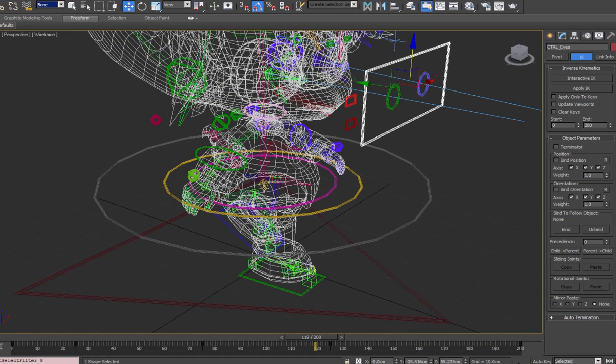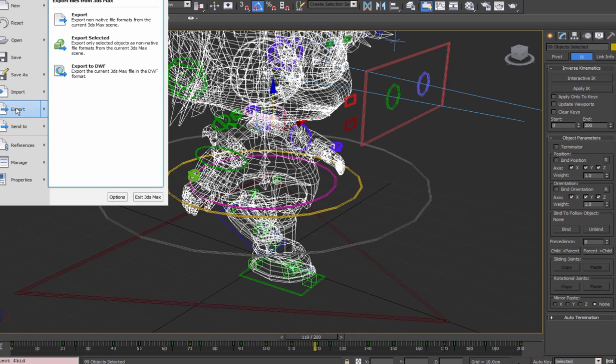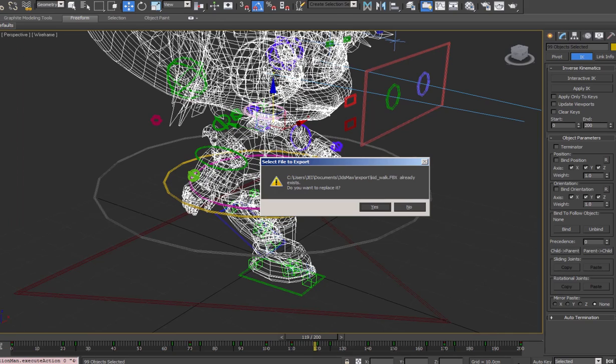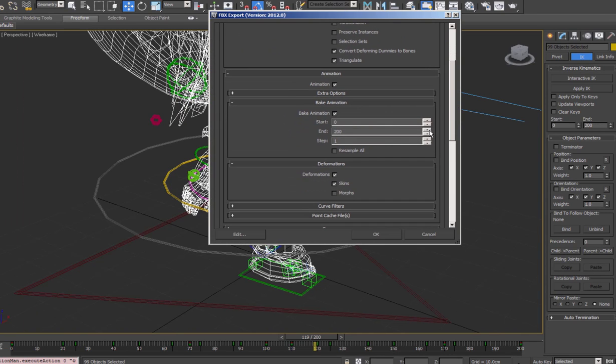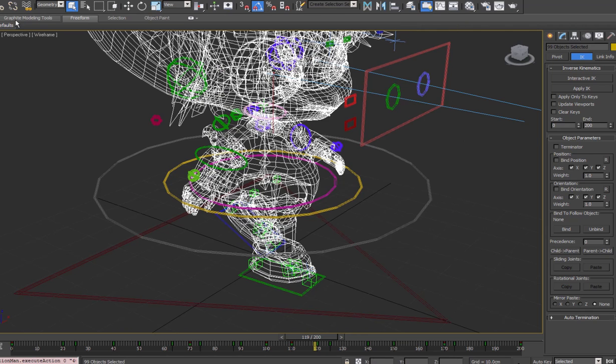We'll go into Bone Select Only, double click on the root, go into Geometry Select Only, control click on the mesh, go into Export Selected, and we'll export as a walk FBX, same options as before. Make sure to bring it down to 199 frames, you need those to be exactly the same, and export. Let's open that original template again and apply the same procedure.